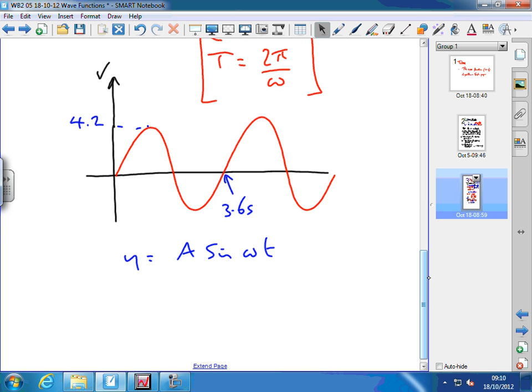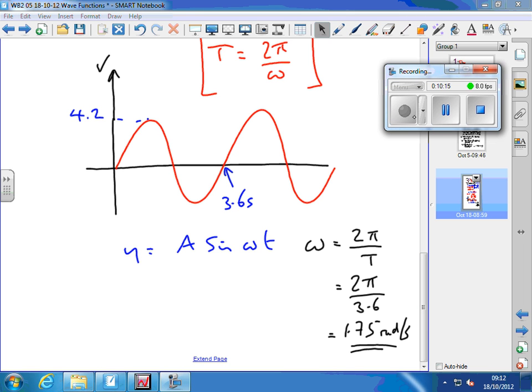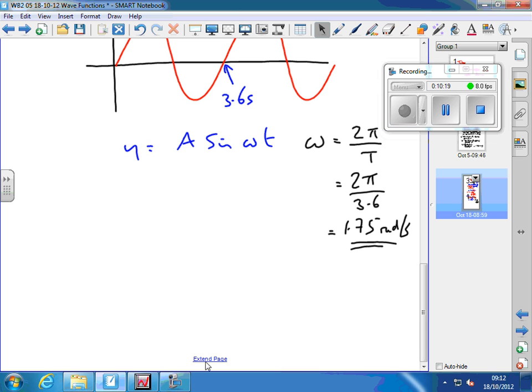Calculate it for me, somebody. 3.6 seconds, yeah. So omega turns out to be 1.75 radians per second,